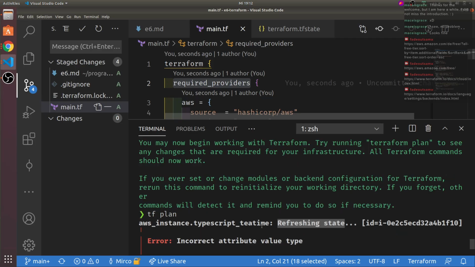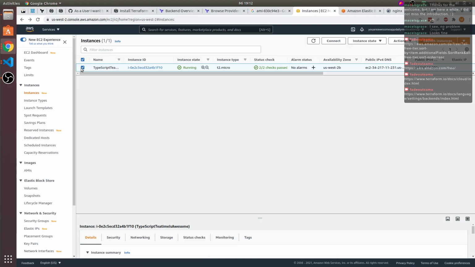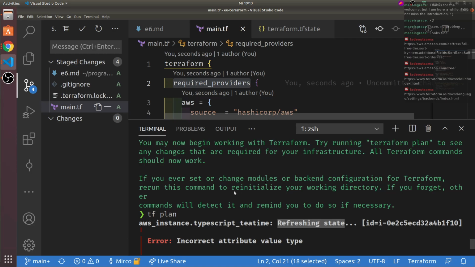For example, inside of AWS, if I would have manually gone inside of here and stopped the instance, for example, then some properties would have changed, and Terraform needs to update all that information because you always define what you want with the help of the configuration, and as soon as you run apply, Terraform, at least in that moment, will make sure that it's being done, and that you're again in that state.